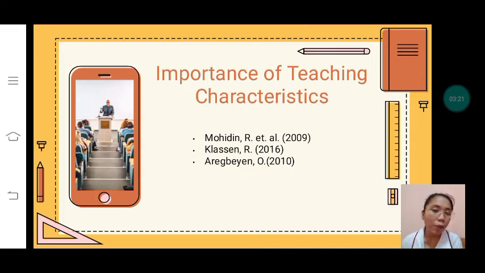Klassen also pointed out that there are personal characteristics which are essential, especially empathy and communication. Aregbeyen, last but definitely not the least, also stated that there should be a balance between the methodologies being used and the characteristics which the lecturer should possess in order to be considered effective.